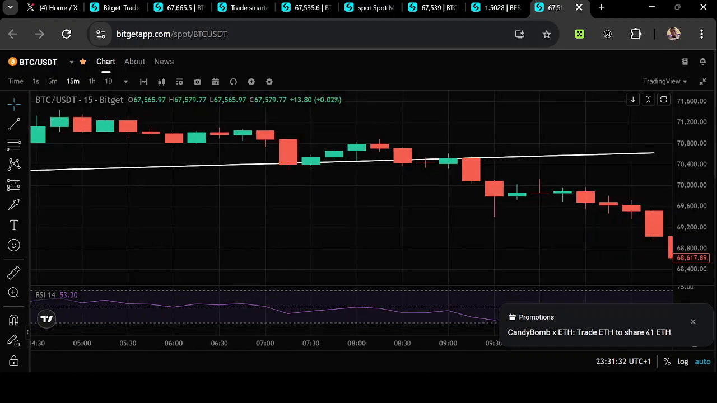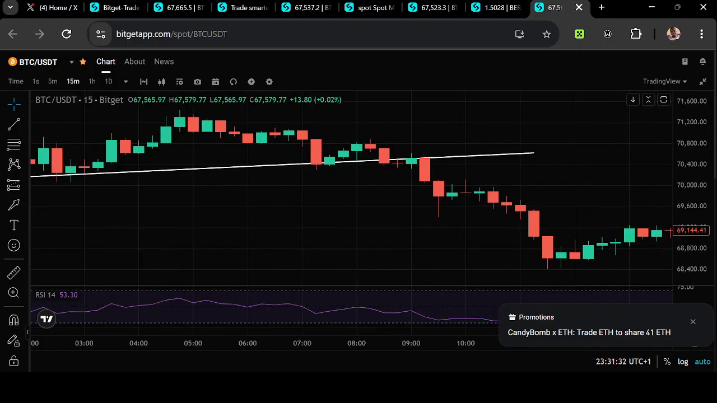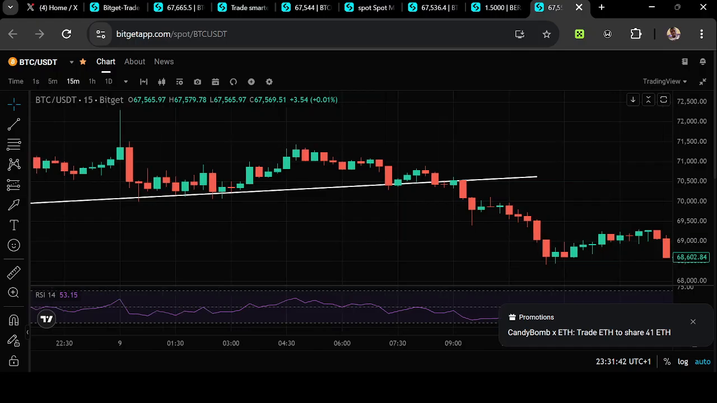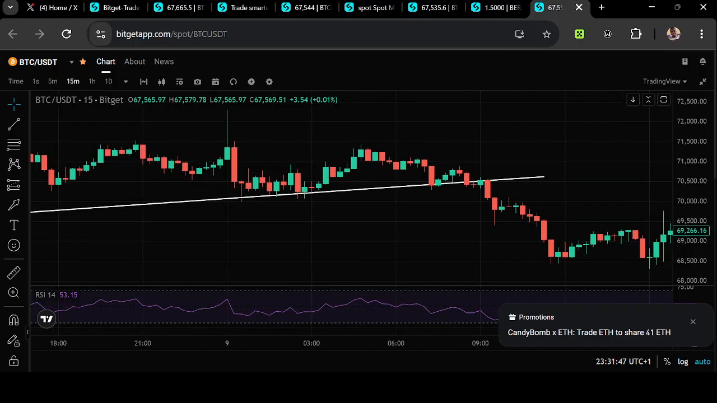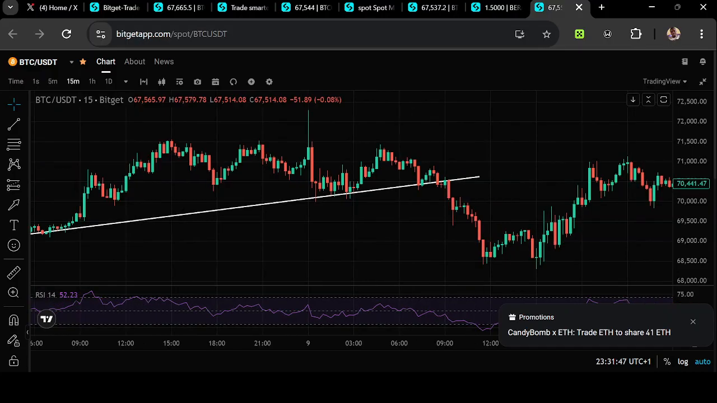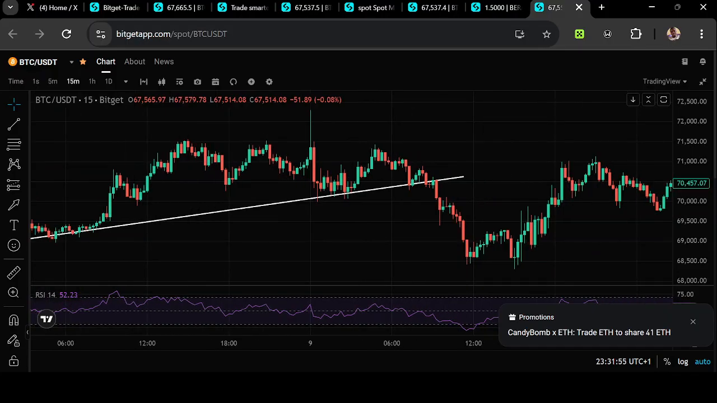So now this tells you that, to the best of our knowledge, this is a confirmation that this crypto would most likely come down. And as you can see from this point, it came down all the way to 68,000. Now let me show you another trend line that you can also draw. Okay, but before I show you that,